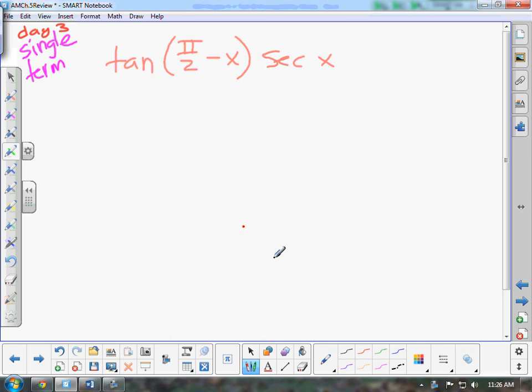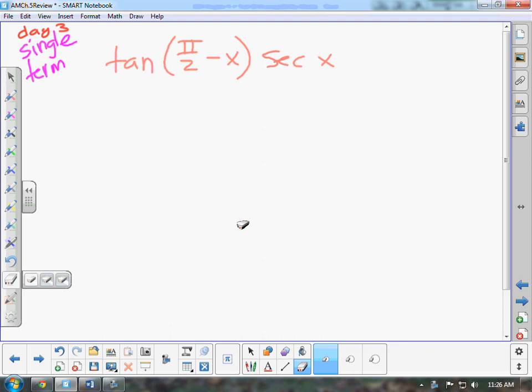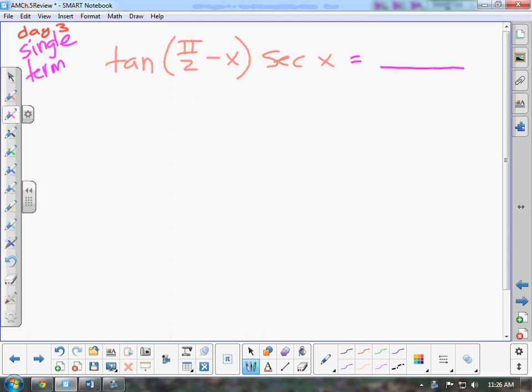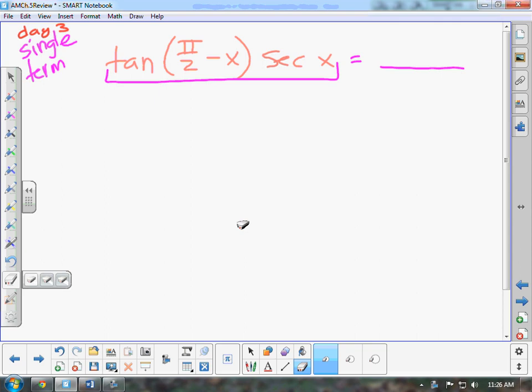All right, the third and final part of this Chapter 5 test deals with simplifying to a single term. Somewhat similar to verifying an identity, but in this case you do not have an equal sign telling you what it has to get down to. Instead, you have to take this particular expression and get it down to one term. So, in looking at this one,